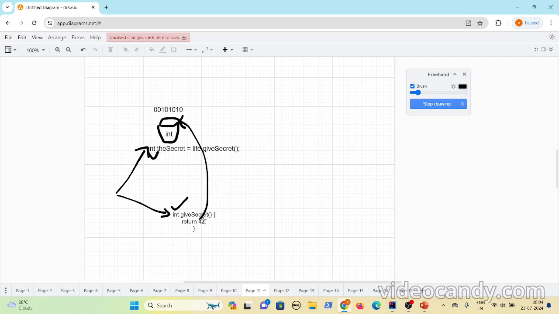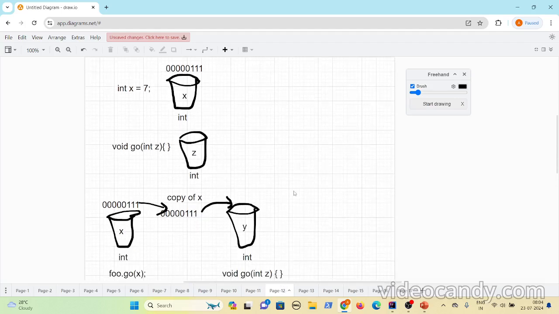Okay, and whatever the 42 value, it gets converted, and those are copied to this variable. Okay, now one more thing, Java strictly follows pass by copy. Like it copies the values. It's pass by value. Okay, it copies the value. What does that mean? Let's see.